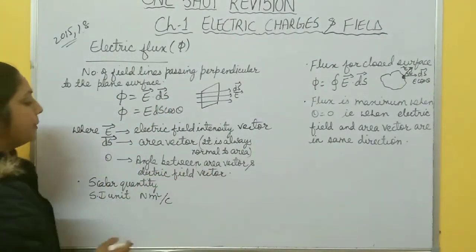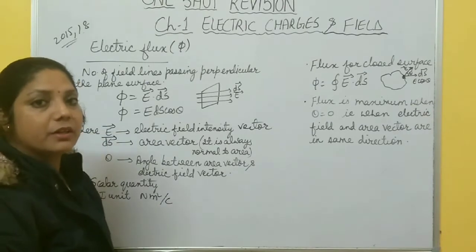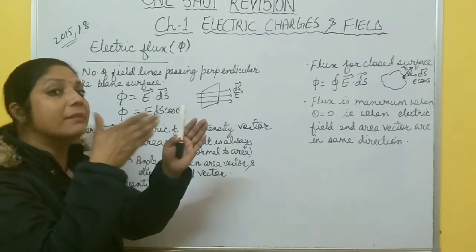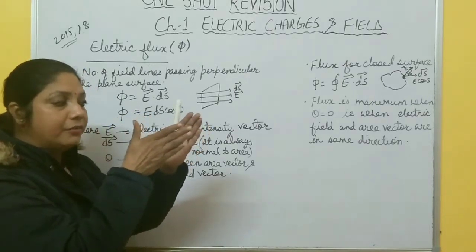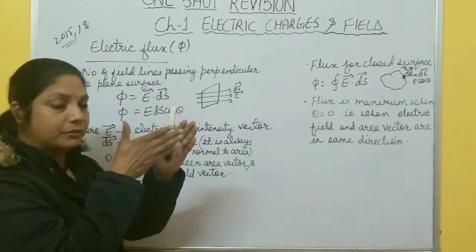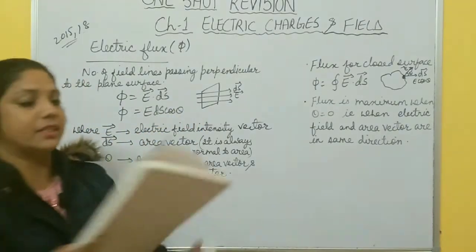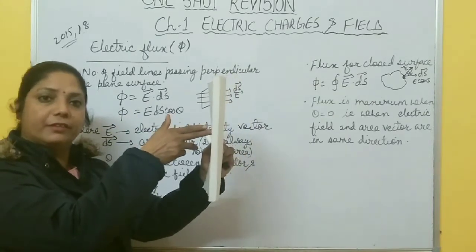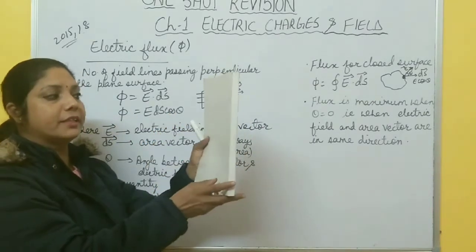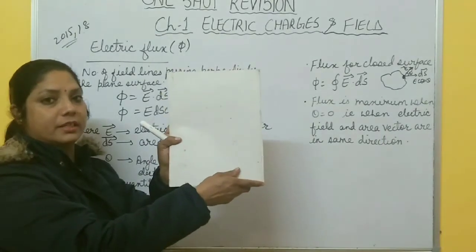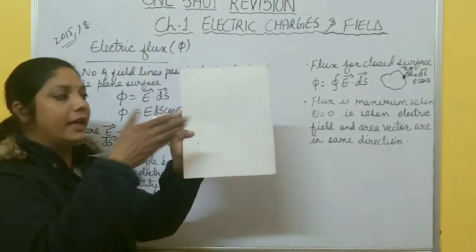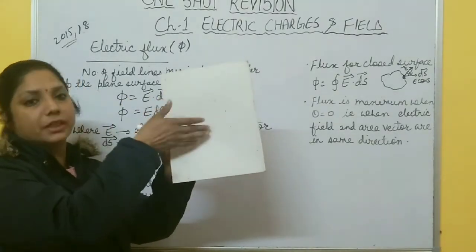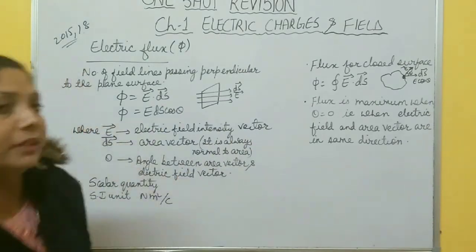This ds is the area vector, this is the electric field intensity vector, and theta is the angle between the area vector and the electric field vector, because if you rotate the plane, the area vector makes some angle with the electric field vector, and if you rotate it, it becomes perpendicular to that. Suppose this is the plane; this time both the electric field vector and area vector are in the same direction. If you rotate this plane, it becomes this. The area vector is now this one, the electric field is in this direction, both are 90 degrees, and no lines pass through this surface. So it depends upon the angle also.